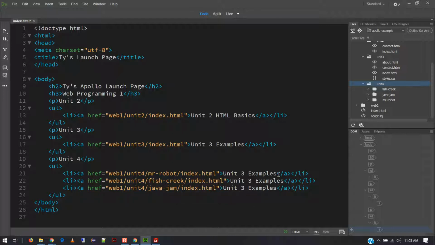All right. Then we better change this stuff too. So first link will be Mr. Robot, Fish Creek, and I'm going to actually say Chapter 4, and then Java Jam Chapter 4. I'm going to save this,